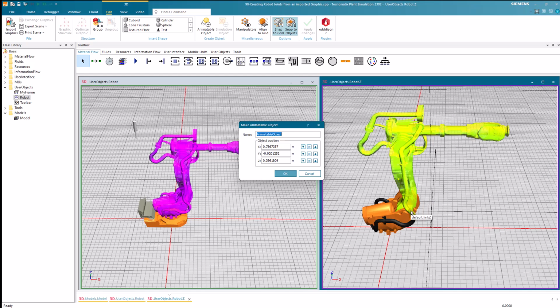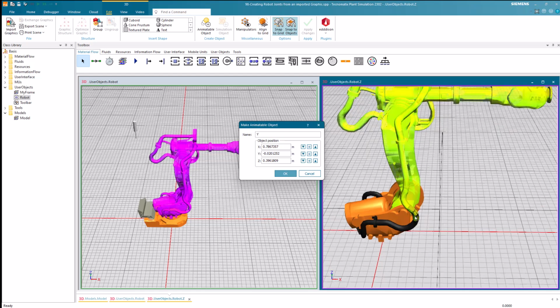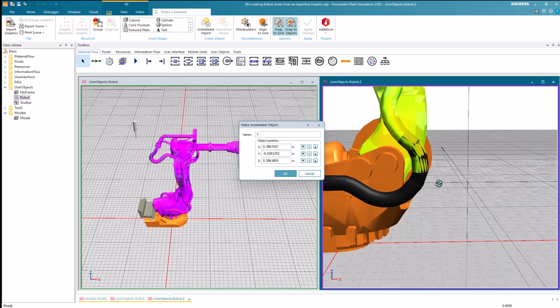This time, the joint turns around the y-axis, so we name it y. Once more, we need to position the crosshair at the 0 point of the joint.